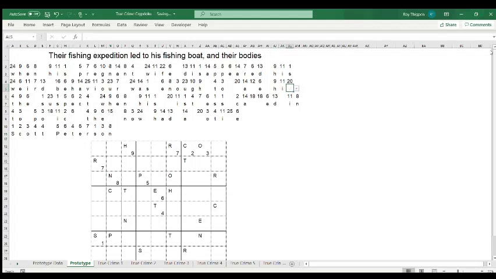H-I, what are the combinations? It could be hit, no. It could be his. We already know what S is, so no. It could be him. We do not know what M's are. So I'm going to go, well, it could be hip, but we also know what P's are. So not knowing what M's are, I believe that this is going to be him. All right, so if we go back here,